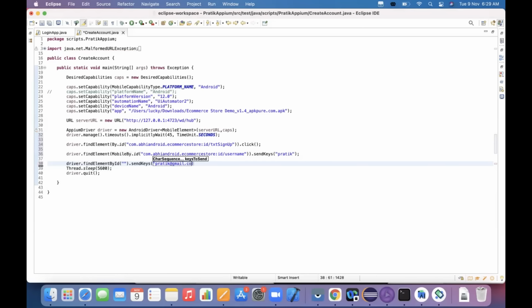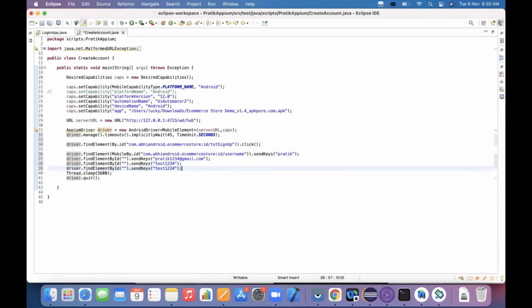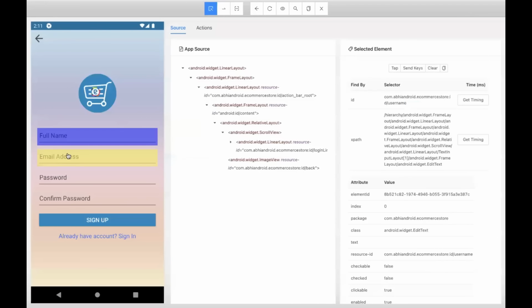Pratik at gmail.com. I have entered some random email ID. There is a password and a confirm password, so I'm entering test1234. You got it, right? So what I have done is I just placed my commands here. Now I need to write the locators inside them. You need to write the locator for the email ID,